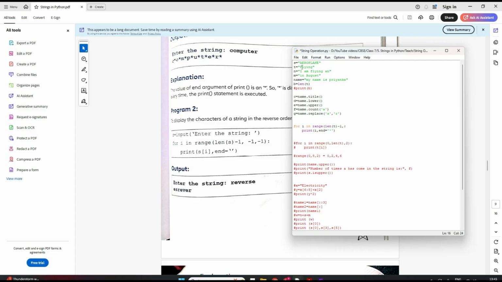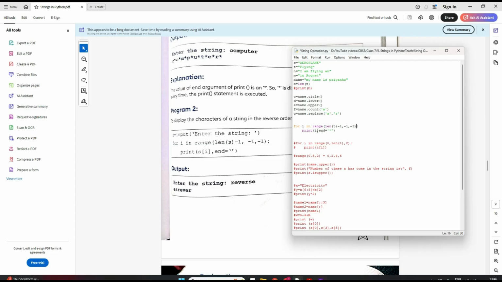End will be 0. I want to go till here, right? So if you write 0, you remember, I told you it will go 1 less than this, it will go till 1 only, so f will not come. So instead of 0 I'll write minus 1, so that it goes till 0, and then comma in the step of minus 1 again, right? Backward 1 by 1, right? Then print I,